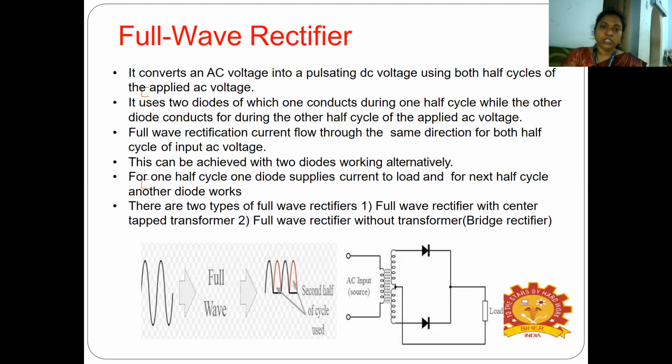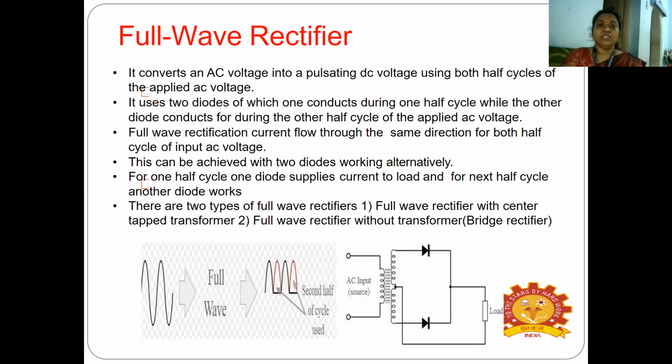Okay, so you are going to use two different diodes. One diode, whatever we have seen for the half wave rectifier, the same thing. It will conduct during the first half cycle. And the other diode, you're going to add it here. So that will conduct at the other half cycle. So you will have a positive and you will also have a negative. So automatically, full wave rectification is possible here. And the current flow also, it is full. Okay, so it is also in the same direction for both the cycles.